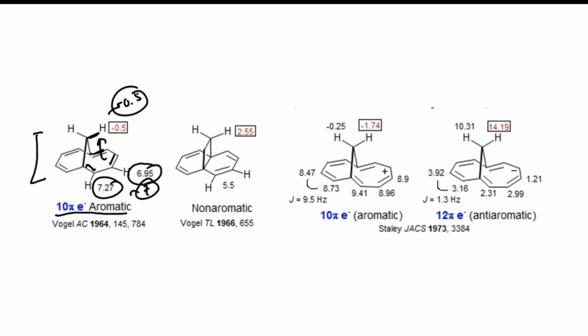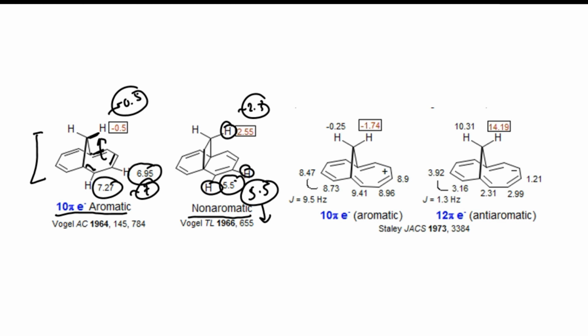But for the non-aromatic compound, none of these effects will be present. You can see that this is a non-aromatic compound because these sp3 centers are there. So this hydrogen has a value in the range of 2 to 3, and the peripheral hydrogen value has also decreased to what it should be for a vinylic proton, which is in the range of 5.5. For a traditional benzene ring it should be 7.27, but these protons are treated like vinyl protons because the conjugation due to aromaticity is lost. So this is a vinyl proton shift.